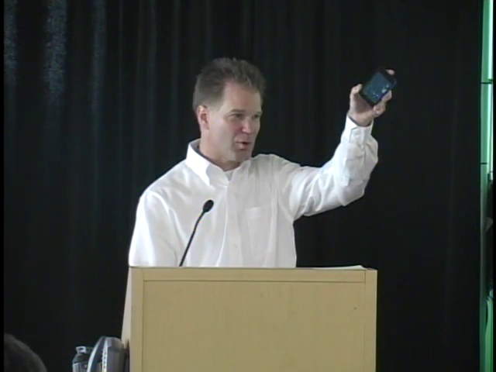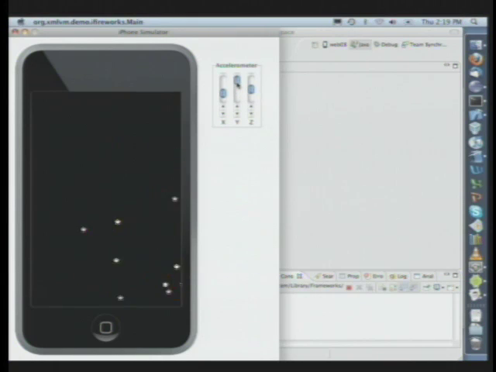Now, there's one little gimmick to this application. When we turn it around, we use the accelerometer, so you will notice on the device here, if you can see, that the sparks always follow gravity. So no matter how I turn the device, the stars will always go to the bottom. And we have mimicked this behavior in our own Java emulator here by these scroll bars. So if I modify these scroll bars here by feeding different values into the accelerometer, then you can see that the stars start flying into different directions.